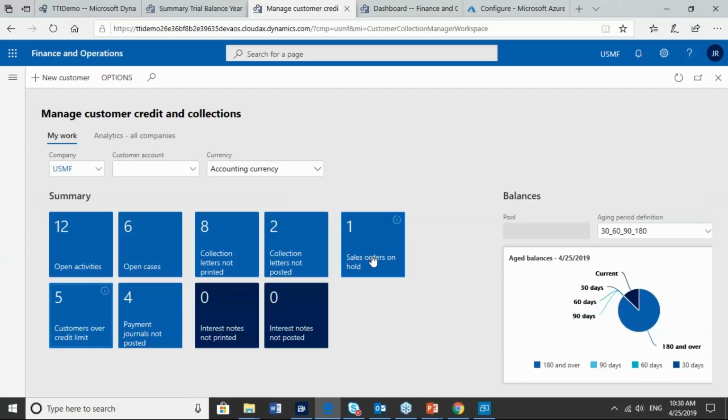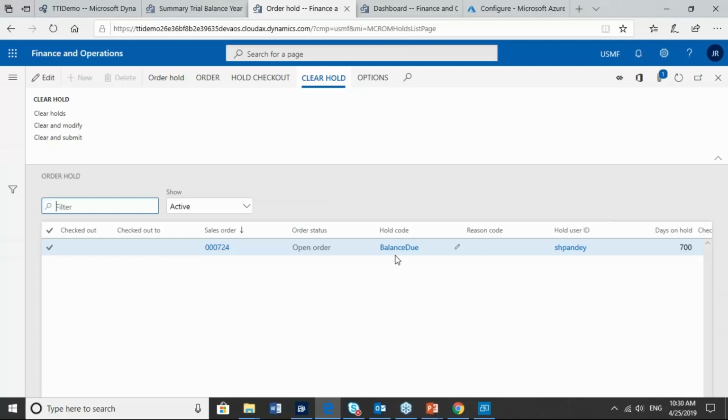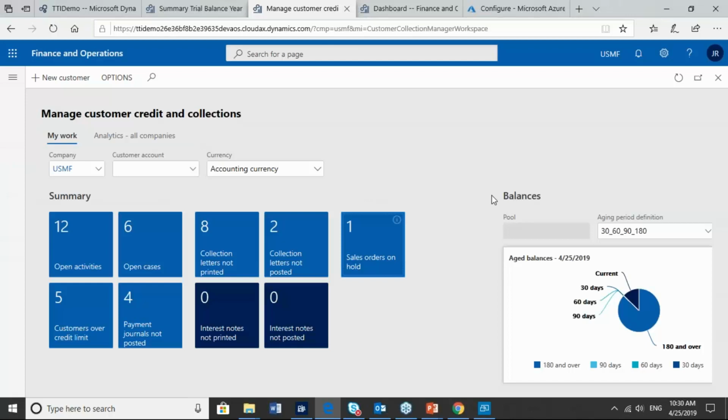Sales orders on hold. Yeah, I have some sales orders on hold because my customer has a balance due. So can we generate different hold codes? Of course, we can. And some of them are going to generate automatic actions, and some of them are going to be manual actions, right? So you have a hold user ID. This user was the one who put that transaction on hold, and it has been 700 days on hold. Okay, and we can clear the holds, clear and modify, or clear and submit if we have a workflow, right? So different actions can be generated out of